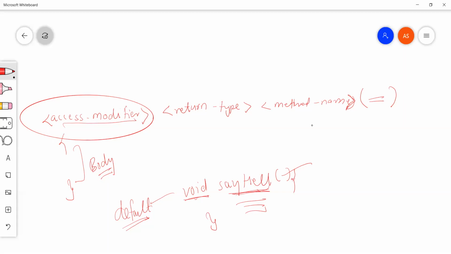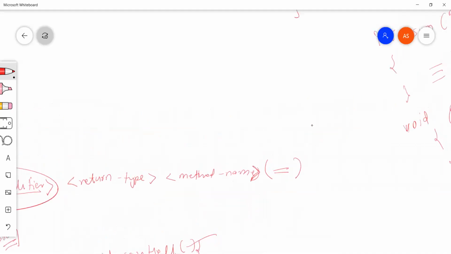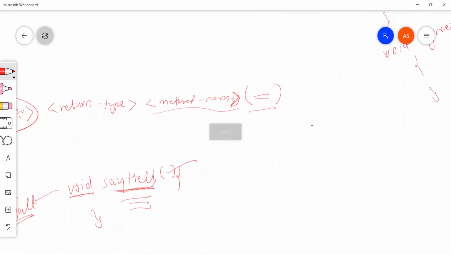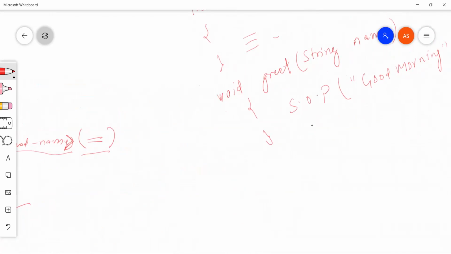Okay. Now if we talk about method signature, what is method signature specifically? Method signature would be that part, the method name and the parameters. Let's say we have two methods.